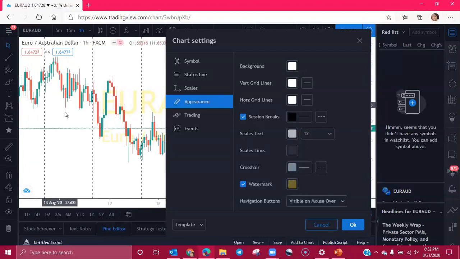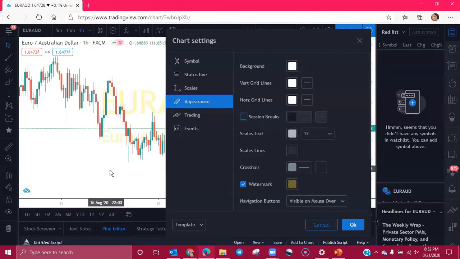Some people like keeping them on there as they're charting, some don't, but this is how you get those, and we'll go over that more in tomorrow's class. You'll get to see how we can use those to help us study for pairs. But right now I'm going to turn them off because they get in my way. Okay. The next thing I'm going to show you, we're not going to worry about the scales, text, or lines. Those are things you can play around with later.